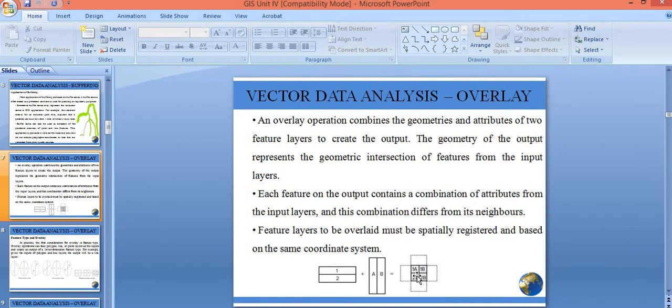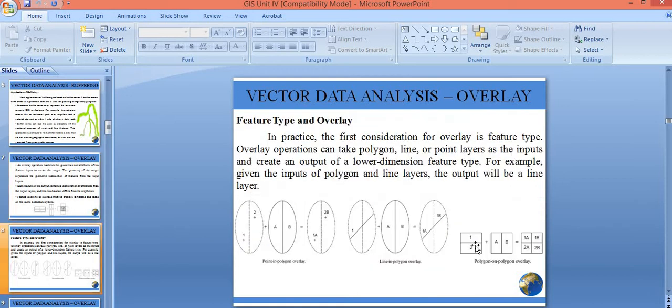So once you perform overlay operation, what happens? In Tirupati itself, you have one A information. One represents Tirupati, A represents climate, and B represents another type of climate. Say for example, A is heavy rainfall and B is slight rainfall. So in some portion of Tirupati you will be getting heavy rainfall, and in some portion you will be getting less rainfall. Similarly, in Chennai, some portion you will be getting heavy rainfall, in some portion light rainfall. So this is what overlay operation is.